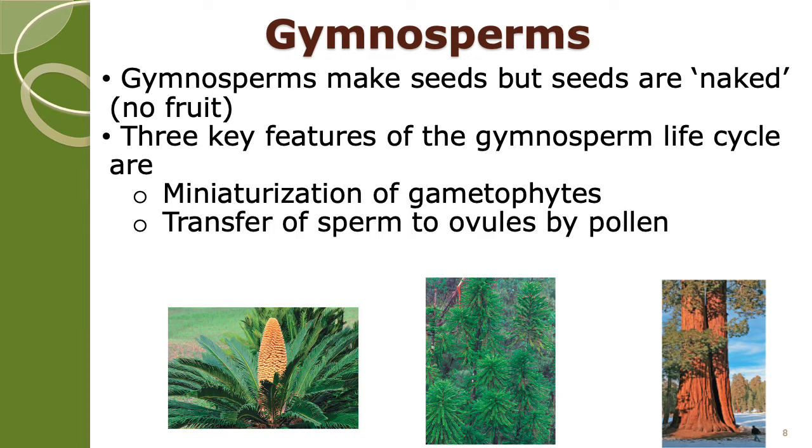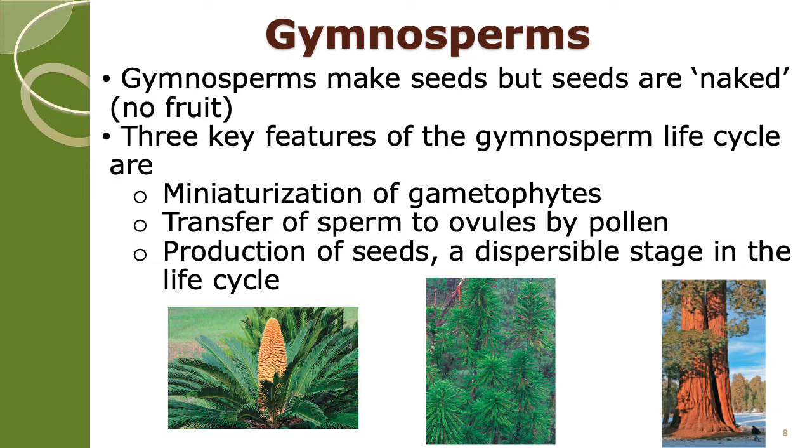gymnosperms. The gymnosperms also found a way to transfer the male gametes to the ovules by forming these structures called pollen. This allowed the male gametes to go and find the ovules in the absence of any water being present. Gymnosperms also started producing seeds, which is a dispersible stage in the life cycle. So by allowing the seeds to be dispersed, it allowed the plants to travel far distances and form new